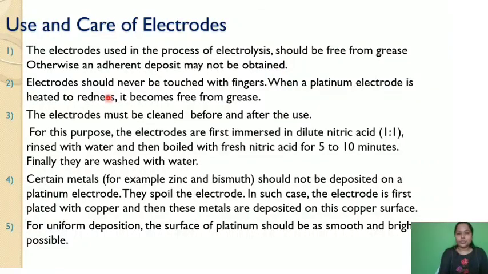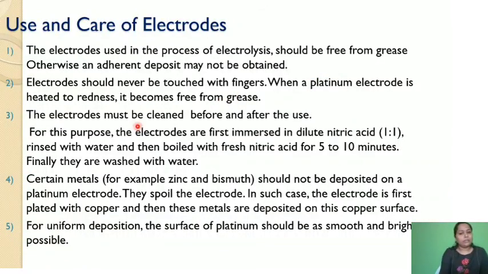The electrode should never be touched with fingers. When a platinum electrode is heated to redness, it becomes free from grease.